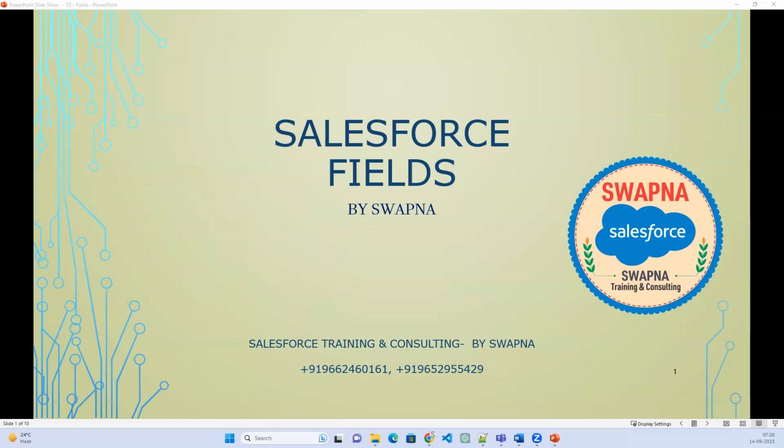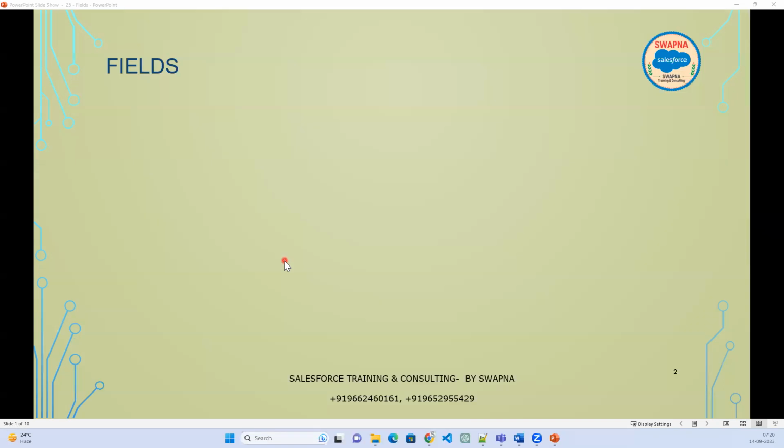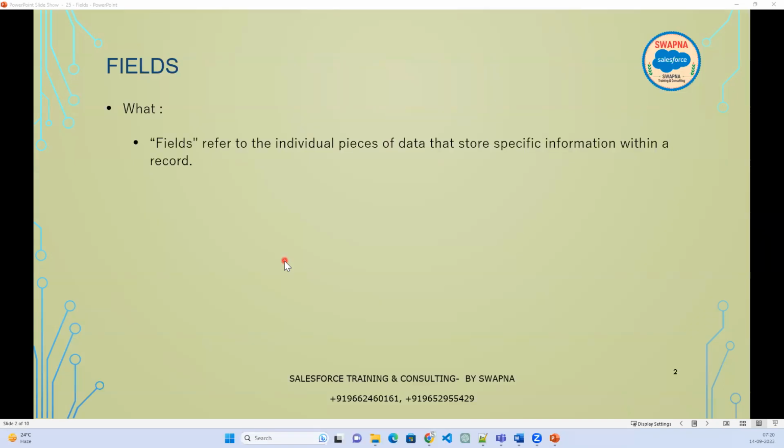A field is nothing but an individual piece of data. If you want to store an individual piece of data in a specific format, you can store it in the field in a particular record. Within the record, you can store the data in each field. And why do we use it? Fields in Salesforce are used to capture, store, and organize various types of data within the record. Now, how to create or view this, you can go to the setup